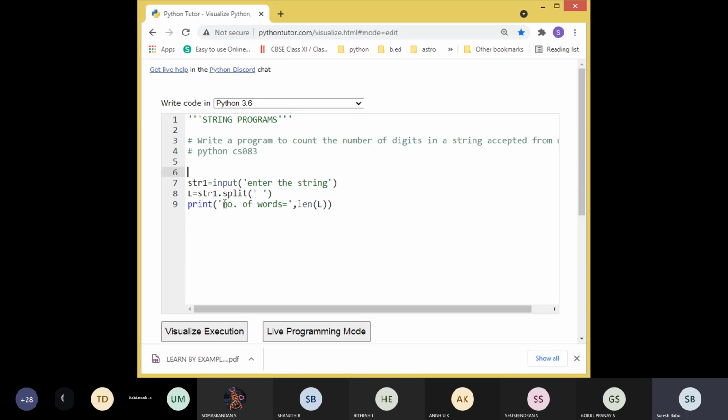Anyway, first thing we are going to get the input. The same thing we are going to do now. The first step is the same. Next one, students, what can we say? How to execute this program? Anyone? We need to check every character of a string. So to process every character we need to go for string traversing. What is string traversing, students? How can we traverse the string?